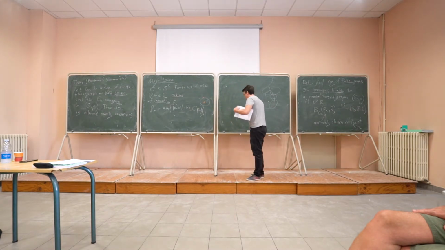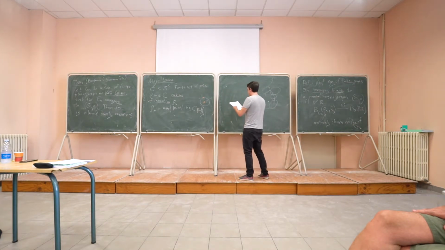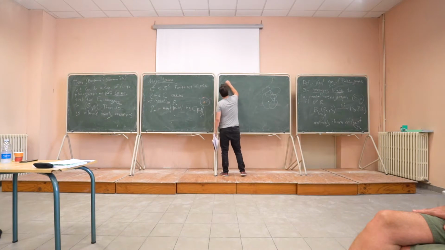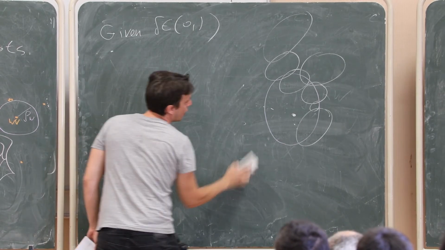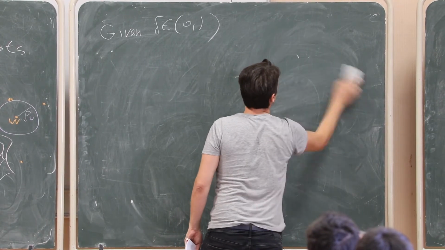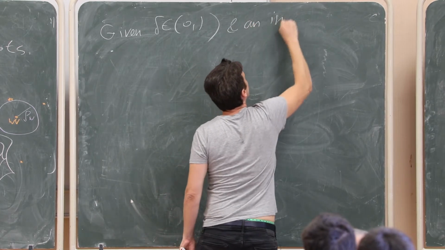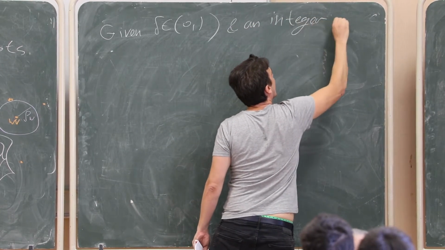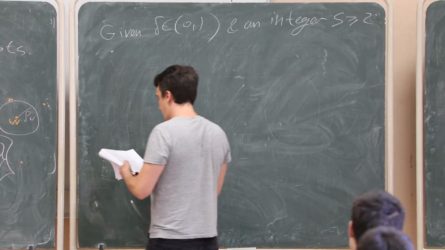We defined our isolation radius, and now the complicated definition is the following: given delta in (0, 1), and an integer S bigger than 2, we say